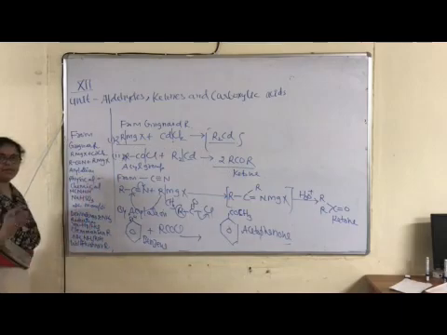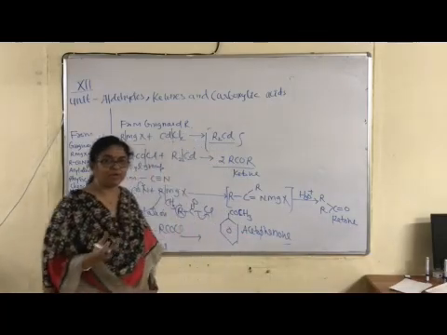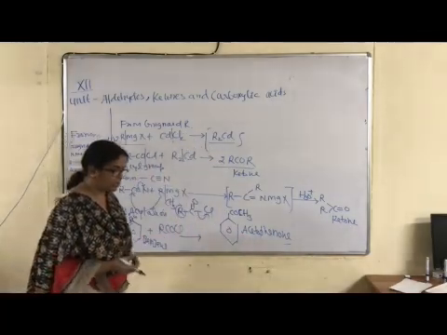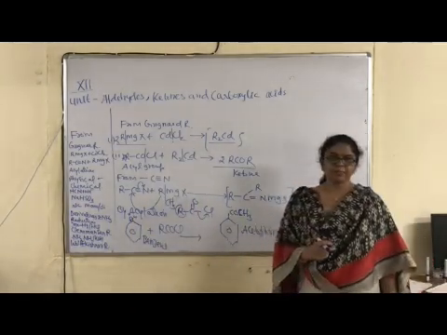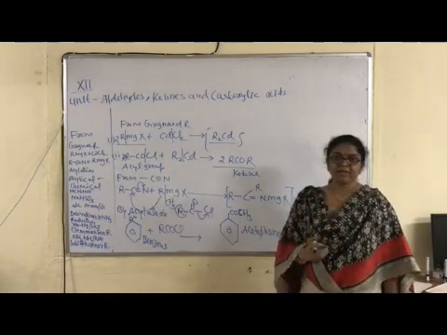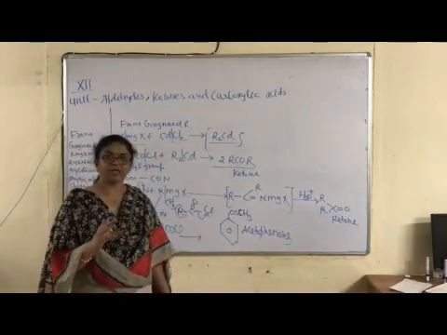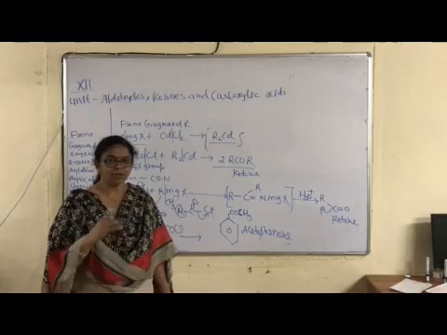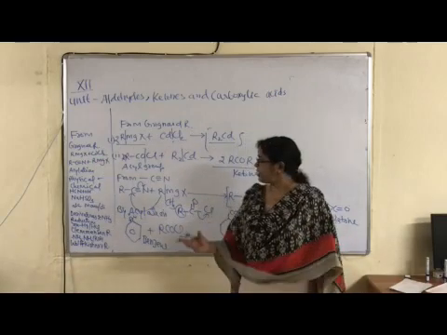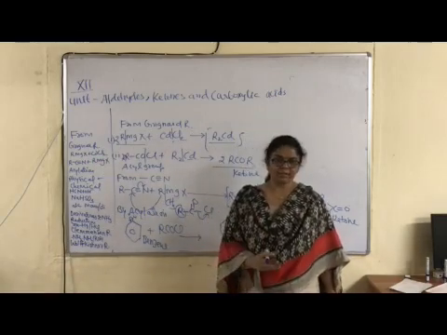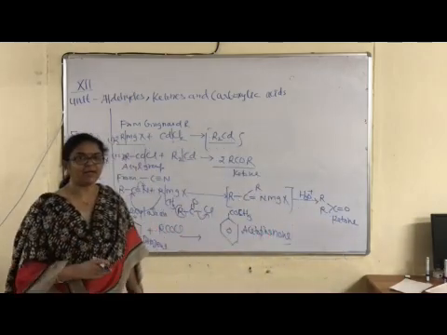Now children, next study of physical properties of aldehydes and ketones. It means in terms of melting point, boiling point and solubility in water. As you know, boiling point is an intensive property, melting point is also an intensive property, which depends upon the nature of chemical bond. In aldehyde and ketone, what is the type of this bond in carbonyl group? Polar. Right? Due to dipole interaction between two CO groups, what happens? Solubility of aldehyde and ketone in water, and increase in boiling point of aldehyde and ketone than their parent hydrocarbon.